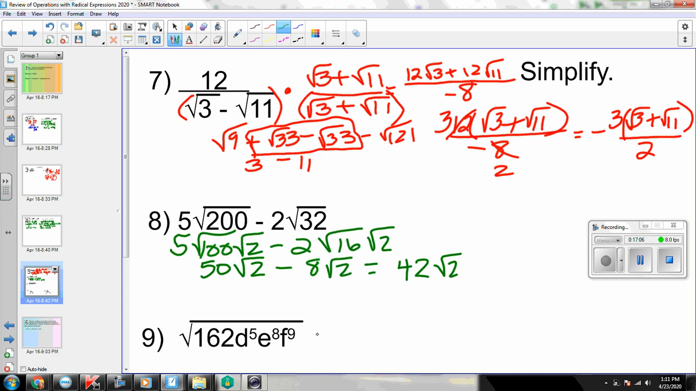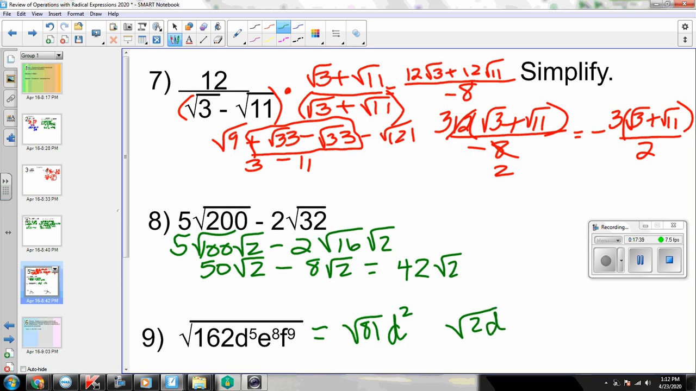Okay, our last review problem. The square root of 162, d to the 5th, e to the 8th, f to the 9th. First, I'm going to look at 162 and see if there's a perfect square number that goes into 162. Well, 81 does, because if I take 81 times 2, I'll get 162. And I take the square root of d to the 5th. No, but I could take the square root of d to the 4th. The square root of d to the 4th would be d to the 2nd, and I would have a d